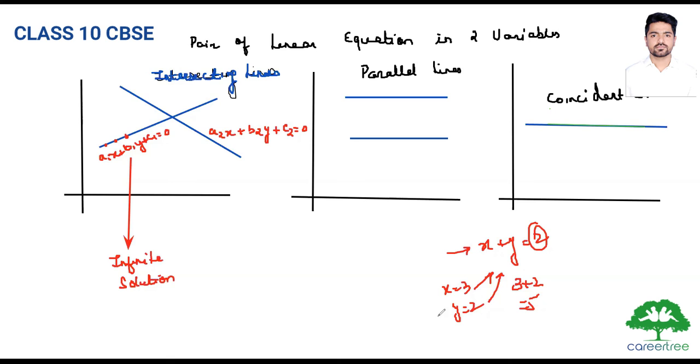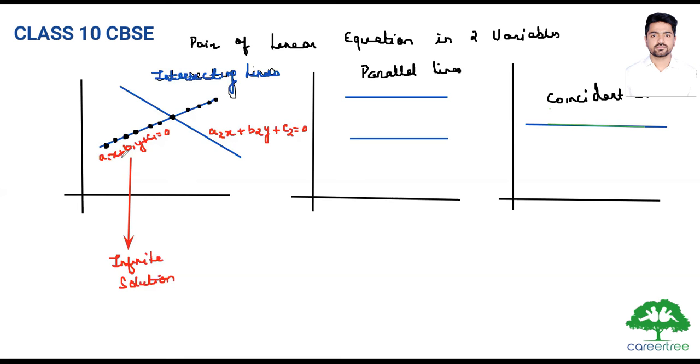So can we call it a solution? What is the meaning of a solution? If this is the equation, then my solution is nothing but the points which satisfy these variables, x and y. So if I give you some random point, it cannot be called a solution, correct? The points which are lying on this line will all be solutions, because they are satisfying the equation of this particular line. So this line will have infinite solutions.